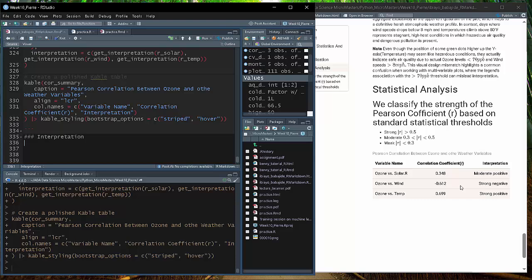The real-world impact on ozone concentration, or the amount of pollution, is dependent on seasonal heat thresholds. Having said that,